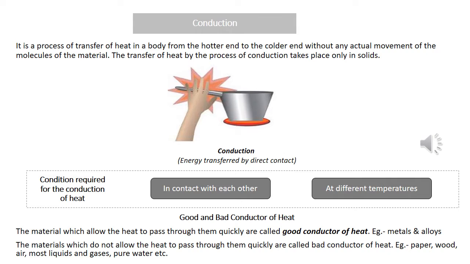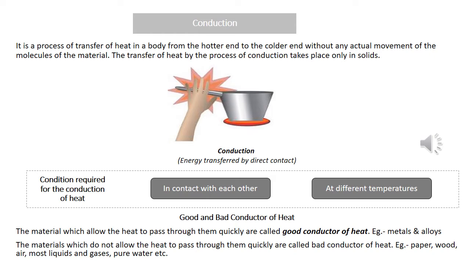isn't it? So all the metals or alloys, alloys are made up by mixing two metals. When two or more metals are mixed together, it forms an alloy. Okay, like bronze metal, you must have heard. Bronze is an alloy. Okay, so all the alloys, because they are made up of metals, and all the metals are good conductors of heat. So in these materials, conduction will take place.